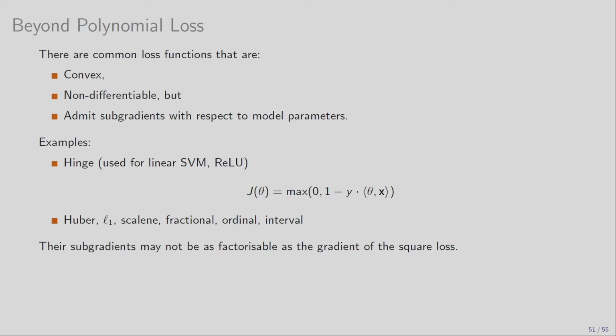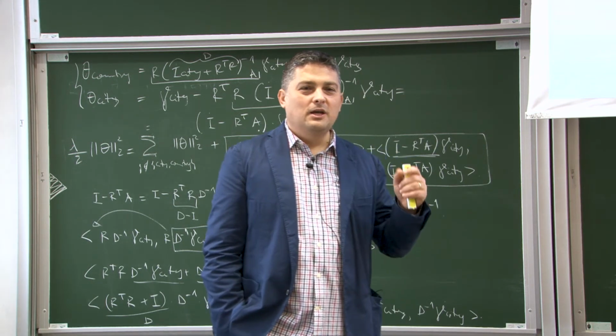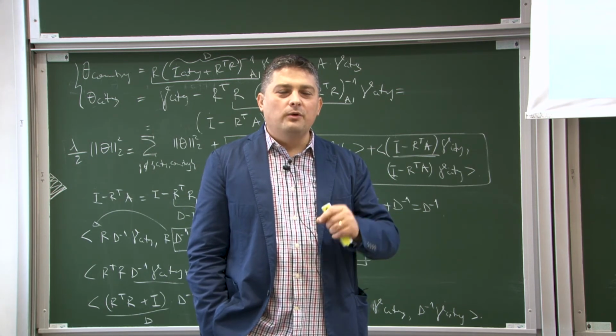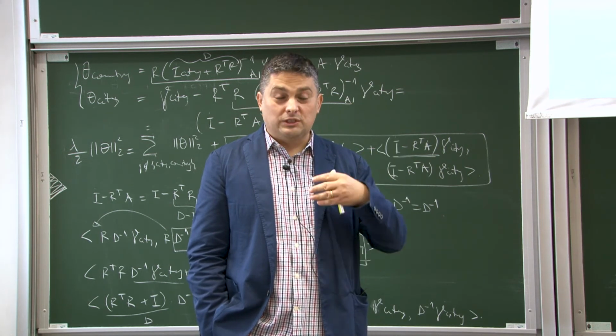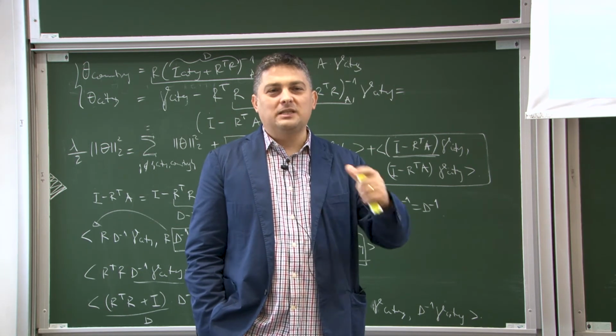This does not admit gradients, but it does admit subgradients, on the portion where 1 minus y times the dot product of theta and x would be less than 0. Okay. So this requires another type of computation. We have to do aggregates, but now in the presence of some inequalities, because not all samples from the training data set will satisfy the inequality. And you only want to learn over those samples that satisfy the inequality.